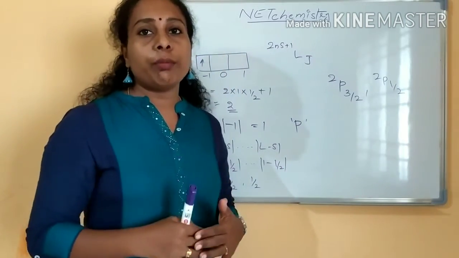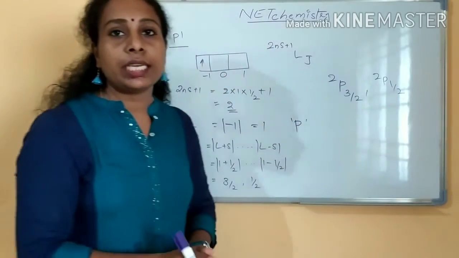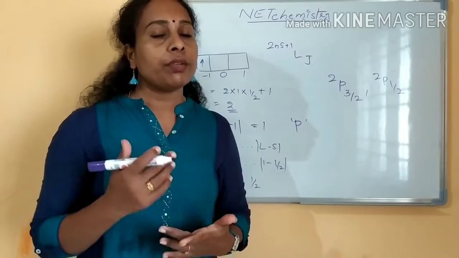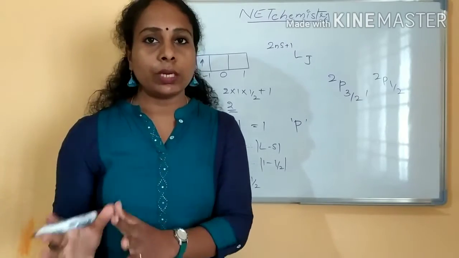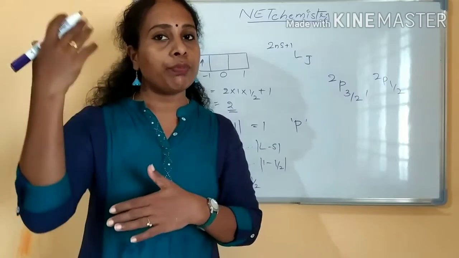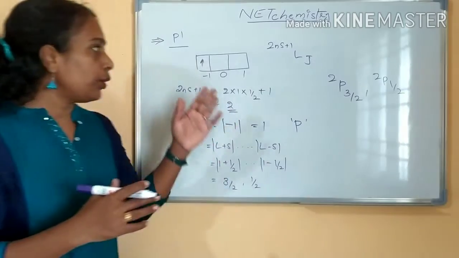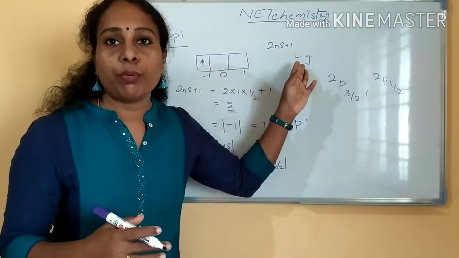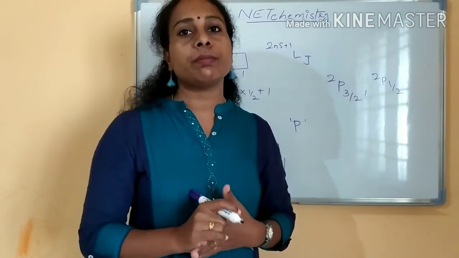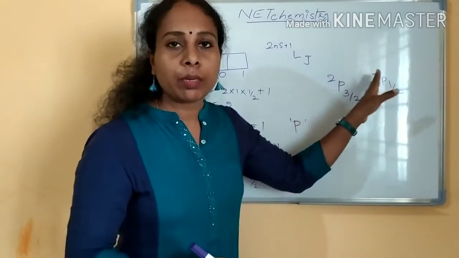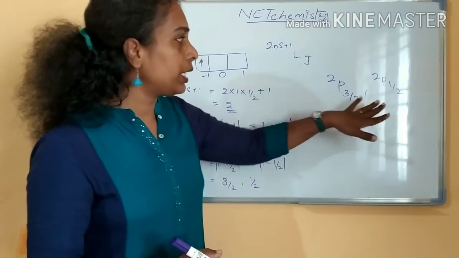And now one more thing you know, the ground state term symbol. Which is the ground state term symbol for any atom? If the question is to predict the ground state term symbol for this particular atom, you have to first see the electronic configuration, the outer electronic configuration. Then you have to apply the formula 2S+1 L_J. Now, to predict the ground state term symbol, right? Here both the spin multiplicities are same, so out of that you cannot differentiate which is the ground state term symbol.